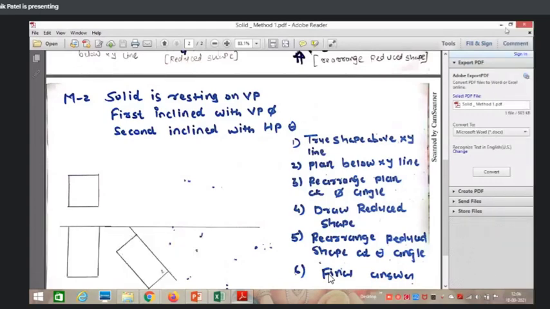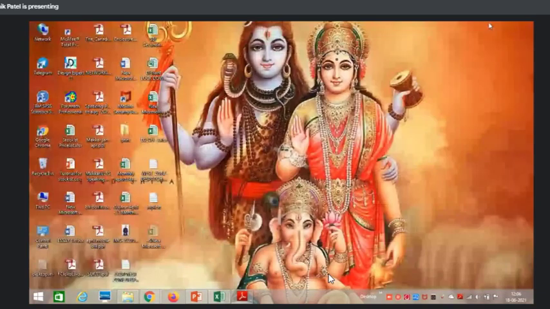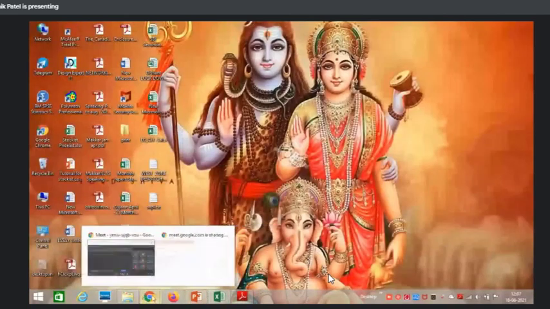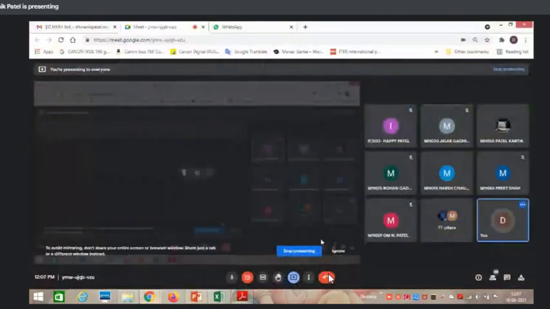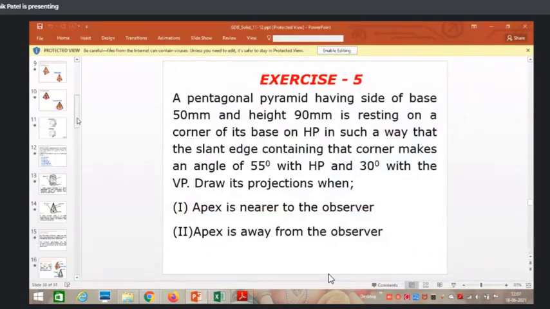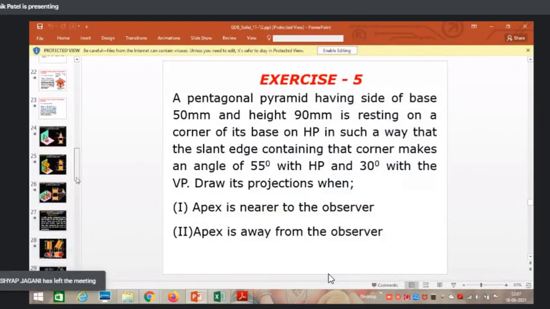So we go for the numericals. If you have any query regarding these methods, you can ask questions. Anyone have a doubt? No, sir. Okay, all of you getting my points? So we go for the next. I will give a first simple example so you can easily understand.